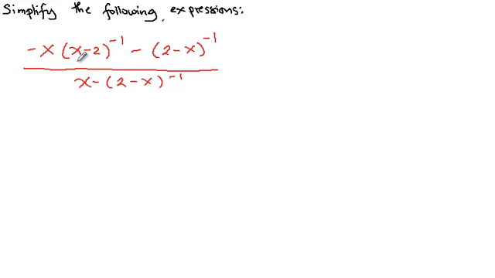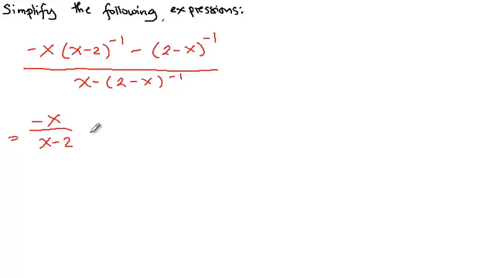Okay, we have here negative x times x minus 2 raised to the negative 1, minus 2 minus x raised to the negative 1. And then we have x minus 2 minus x raised to the negative 1. So the first step is to remove the negative 1 exponent. What do we do with that? We simply take the reciprocal of that term raised to negative 1. So we'll have here negative x times 1 over x minus 2, which is equivalent to